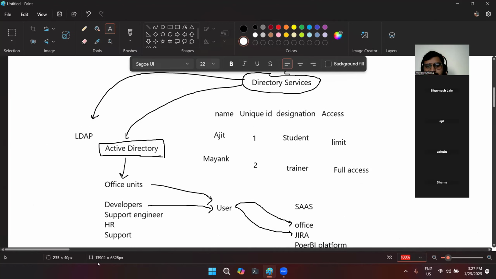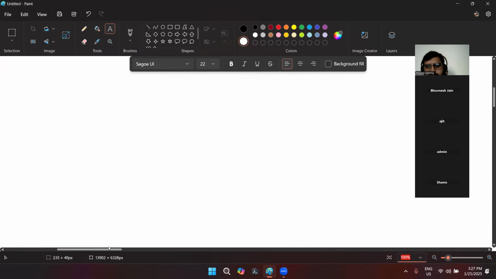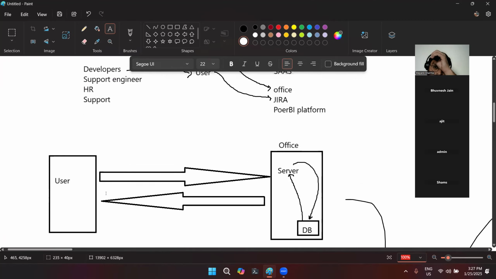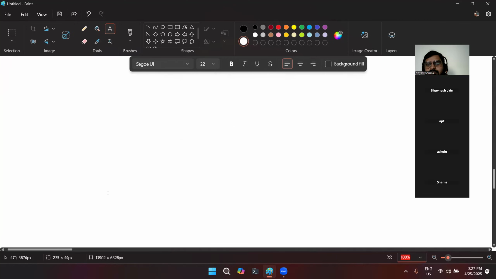Single sign-on is like centralized user management. So if the user wants to log into a particular service like a laptop or Office or a Jira account, there will be a centralized directory where all the users, their passwords, their related access privilege tokens and everything will be stored.